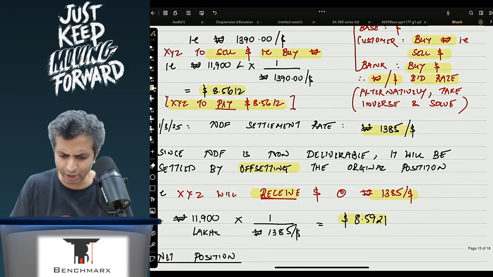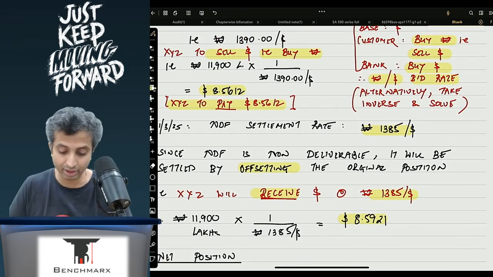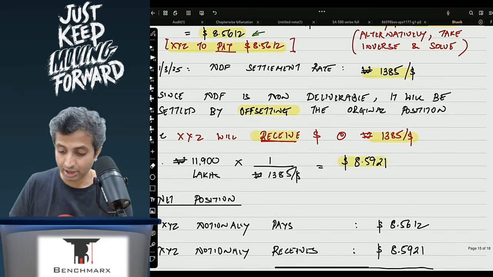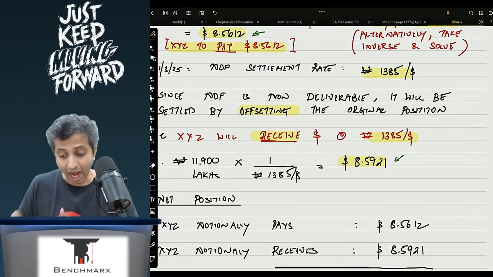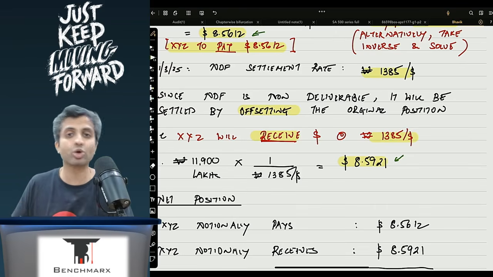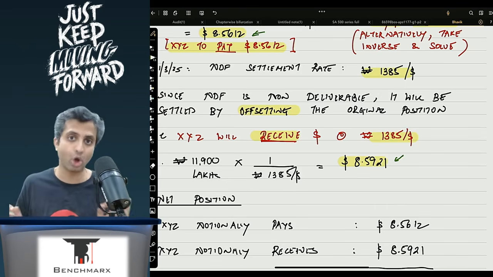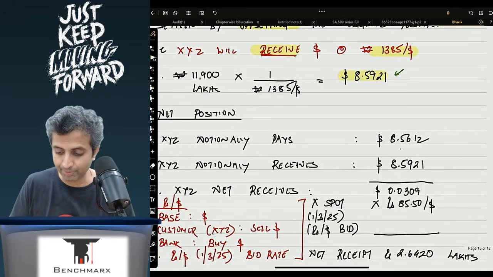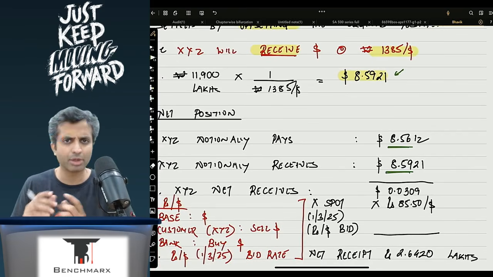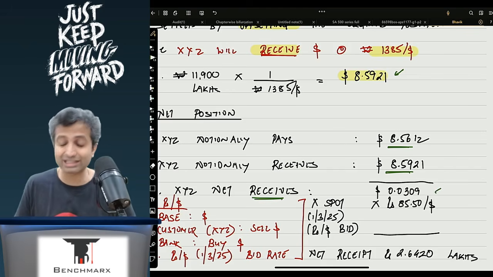So if I want to find a gain or loss, I would say notionally I would have agreed to pay 8.56. As you can see over here, I would have agreed to pay 8.56. Notionally, on settlement, I would actually get $8.59. So I will get $0.0309 as net settlement. Dollars, not rupees, not won, dollars. So over here, XYZ notionally pays 8.56. It notionally receives 8.59, but because this is a non-deliverable contract, it will net settle, and hence it net receives. There is a gain of $0.0309.